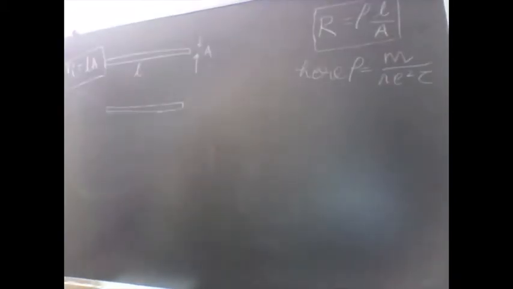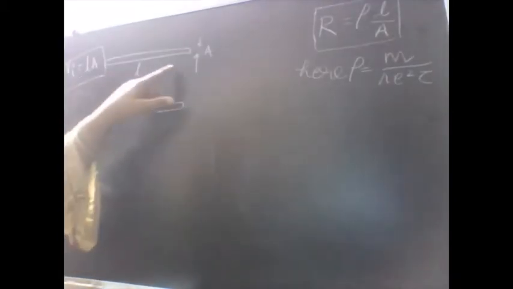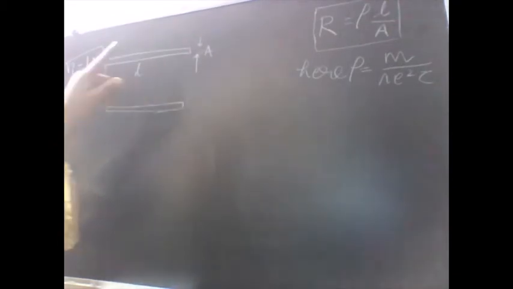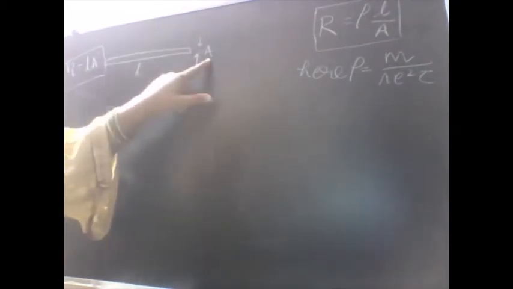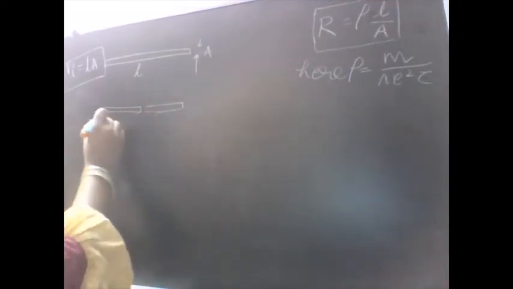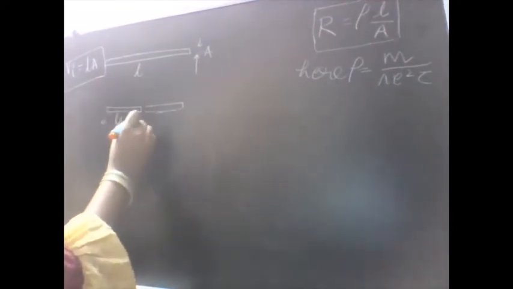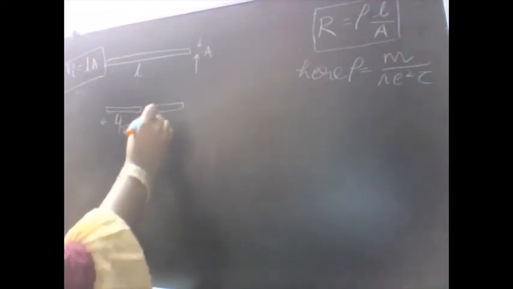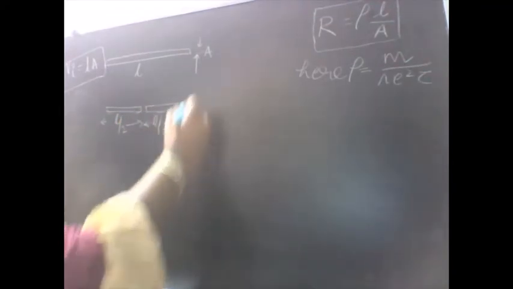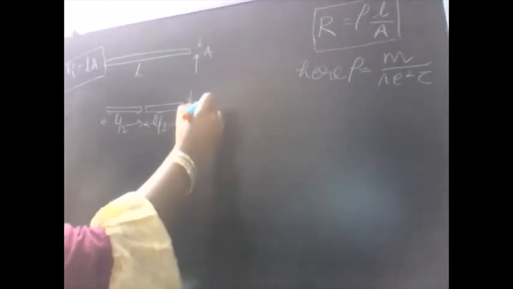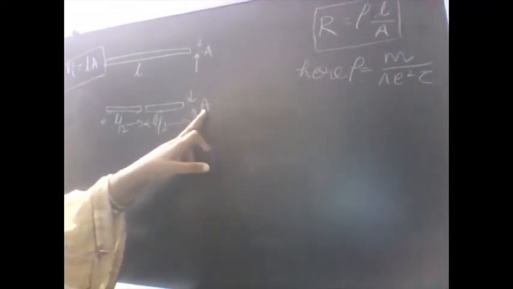Now in the second part, the same wire is given to me, made up of copper of the length L and the cross-sectional area A. Now instead of stretching the wire, we have cut the wire in 2 equal halves. So one is this half, length L by 2, and the second one is this half, length L by 2. Cross sectional area remains same because we have not stretched the wire, nor have we compressed the wire. So cross sectional area remains same.